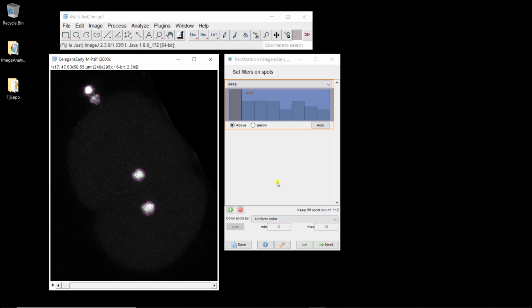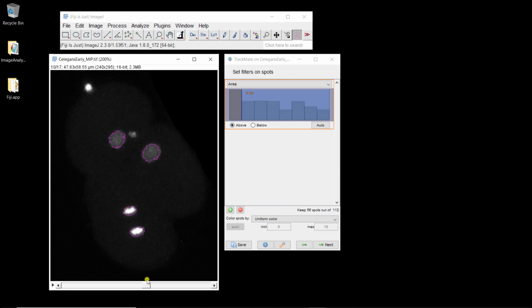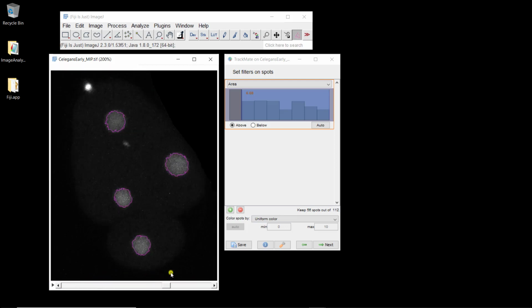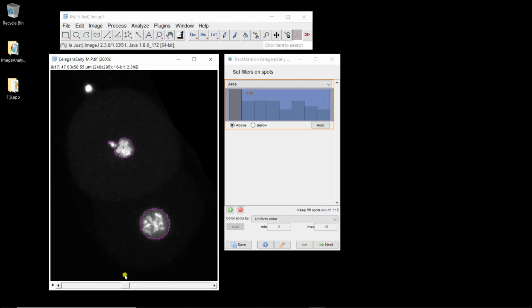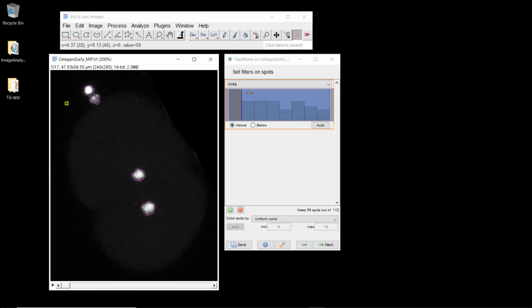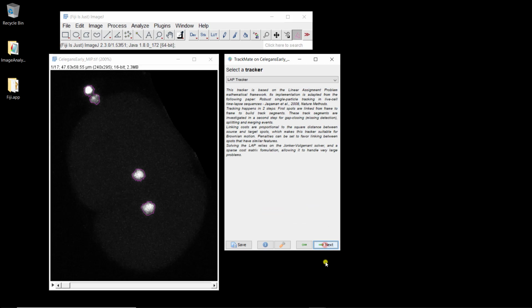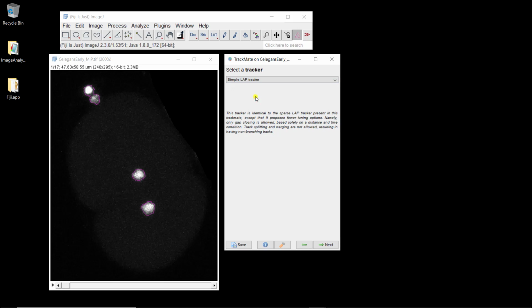I could filter spots based on other features. Obviously you could use the intensity, but here, as the cells are dividing, they go from very bright to not that bright. So that might not be very informative, and I won't be able to discriminate between this and this based on intensity. So I'm just going to go there, and I'm going to track my cells, and I'm going to use simple lab tracker first to show you how we can interact and manually change the